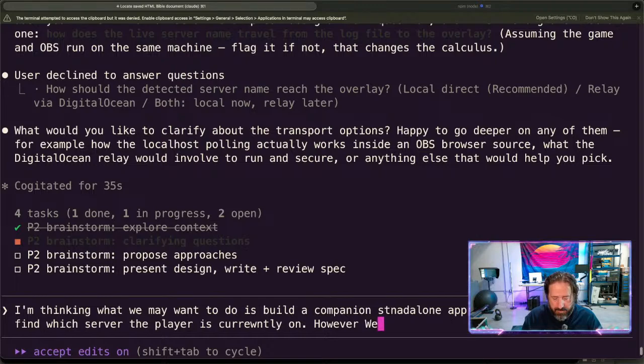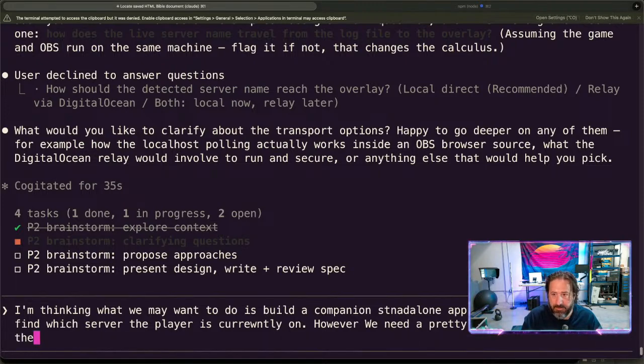However, we need a pretty display name and not just the IP. So we may need to do a search on one of the server